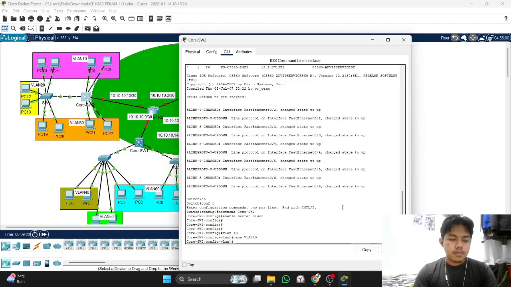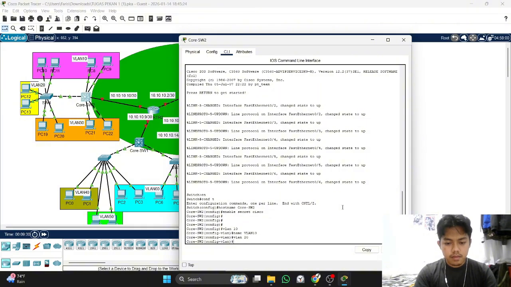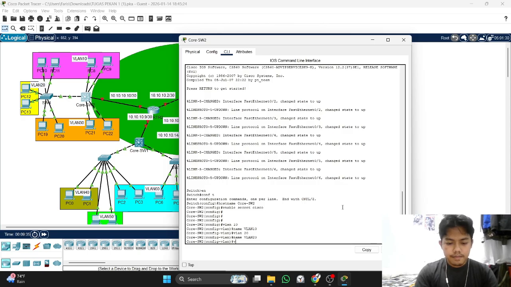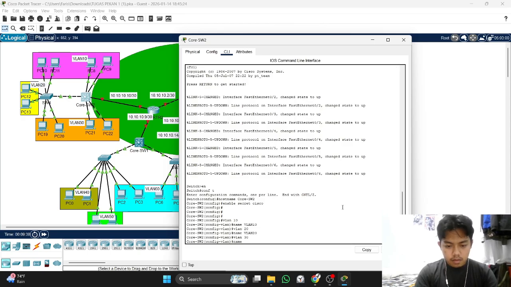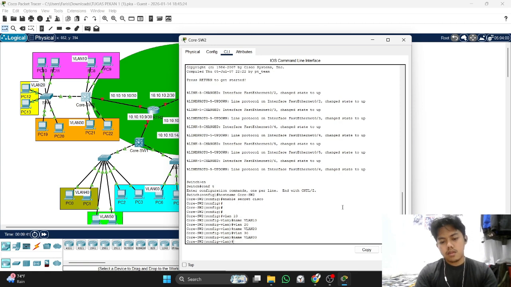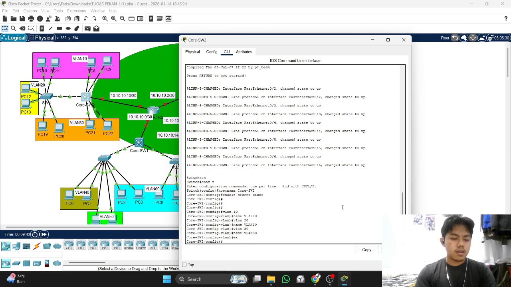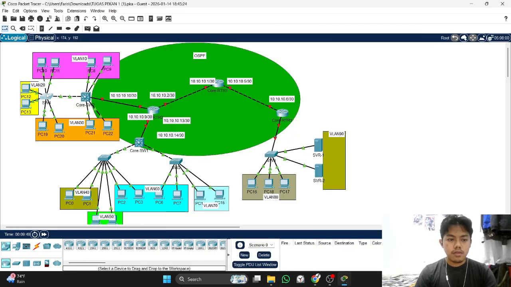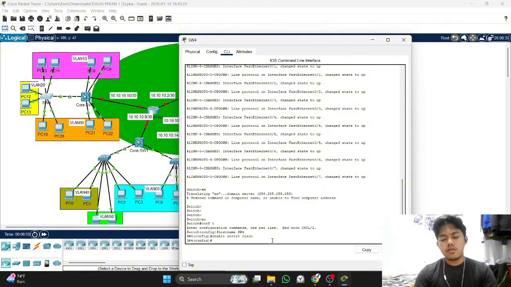Do like this for the next step. The step is the same. Okay, next we go to switch 4. We do the same as I did on core switch 2.